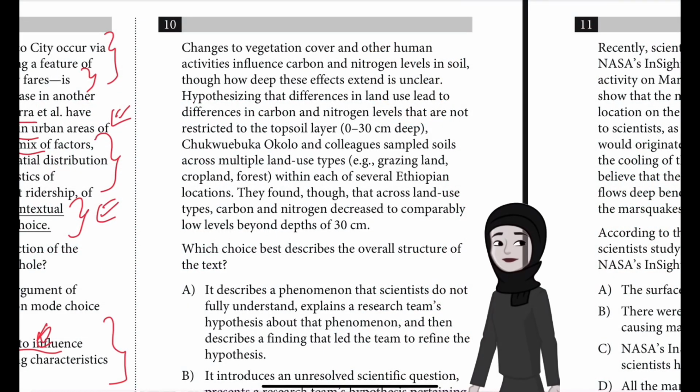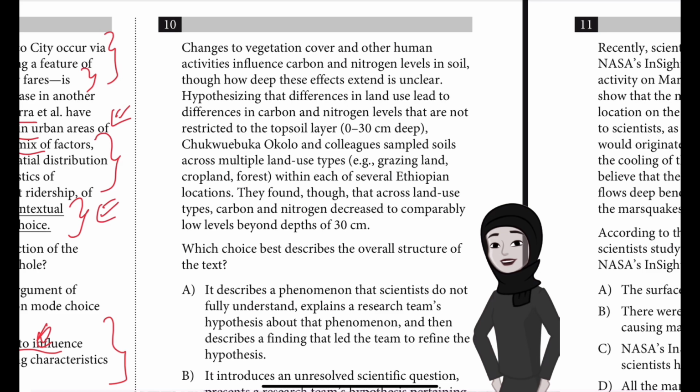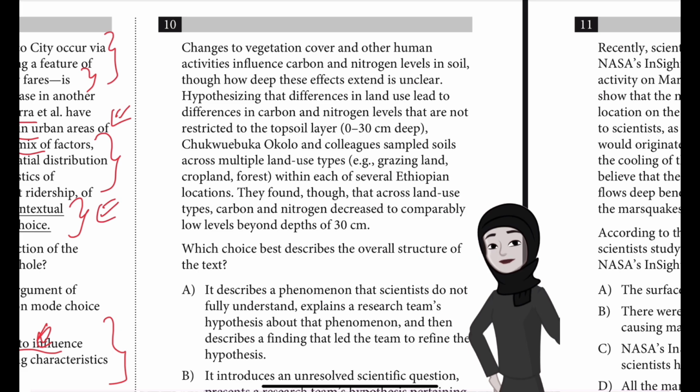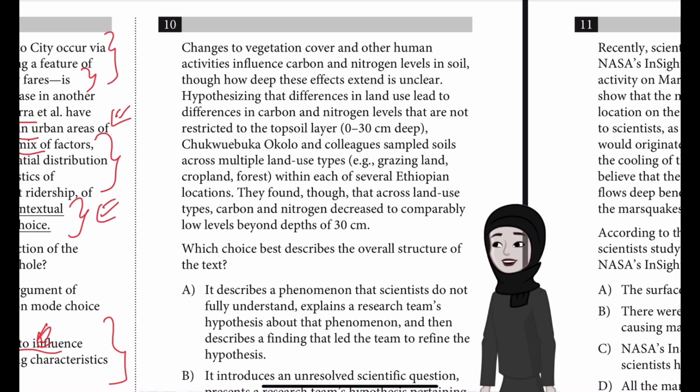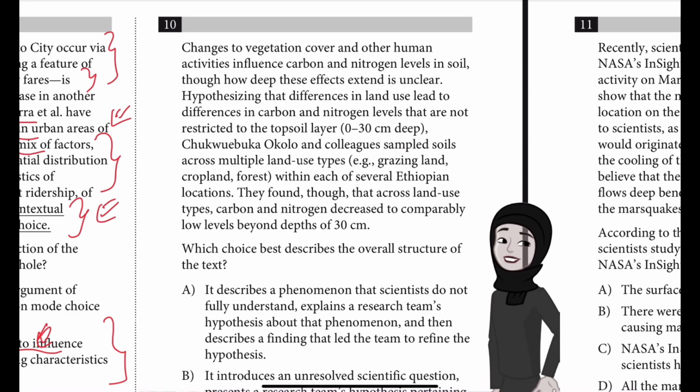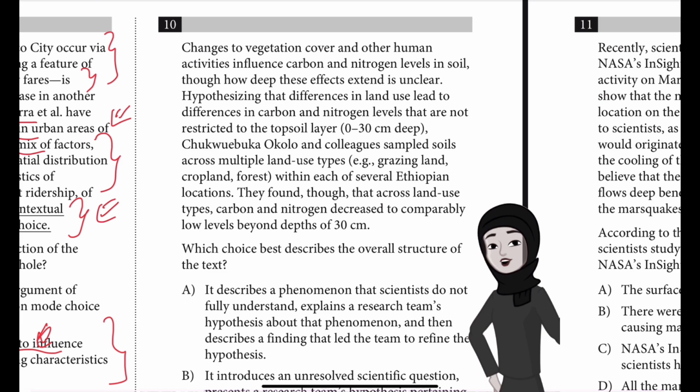So now moving on to question number 10, let us read it first. Changes to vegetation cover and other human activities influence carbon and nitrogen levels in soil. Though how deep these effects extend is unclear, hypothesizing that differences in land use lead to differences in carbon and nitrogen levels that are not restricted to the topsoil layer, that is between 0 to 30 cm deep, Chukwuebuka Okolo